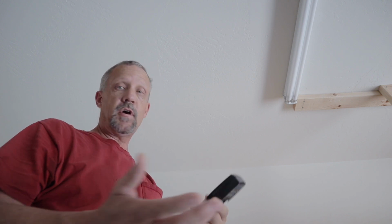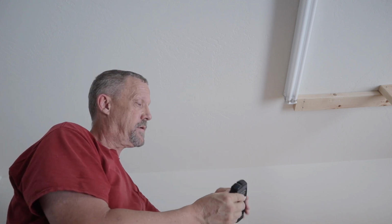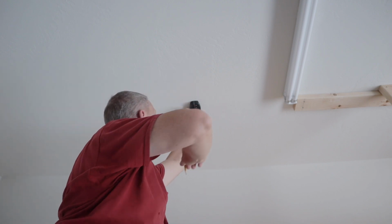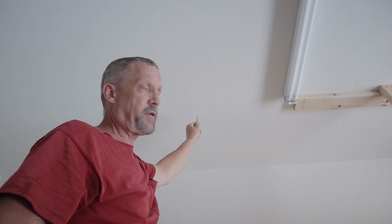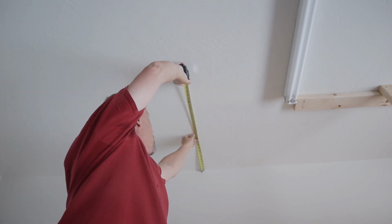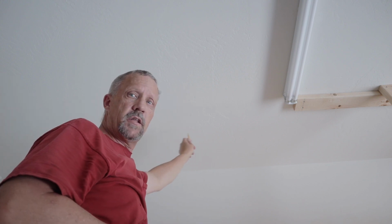Now for the ceiling joists, mine are running in this direction across the ceiling of my garage. Maybe they're called rafters. I'm not sure what the exact terminology is. I took my stud finder, just like I did on the walls, and I'll find the stud and mark both sides of the stud, and then I'll just put my screw in the center. Now my shelves are 2 feet wide, so I took my tape and put a line 24 inches, and I did that for two. One here and then one back here behind me,